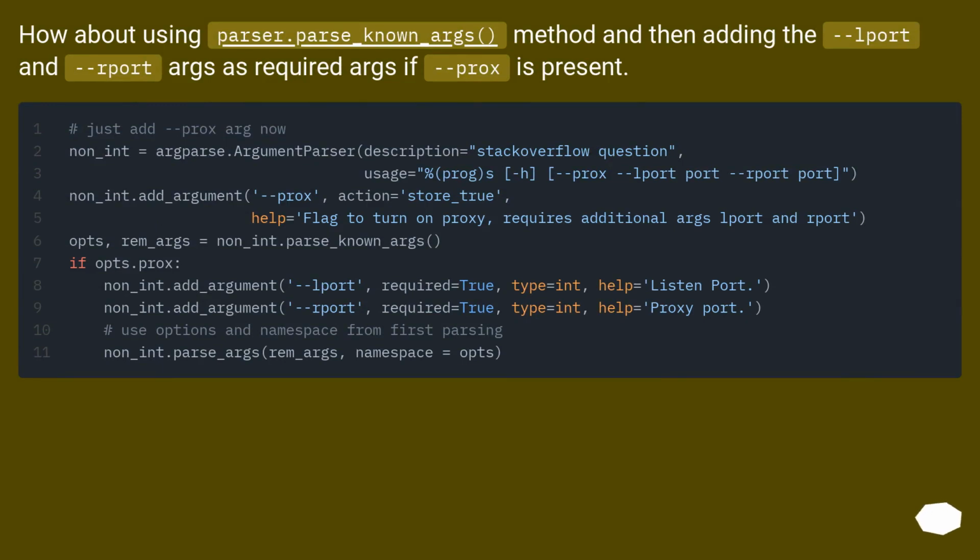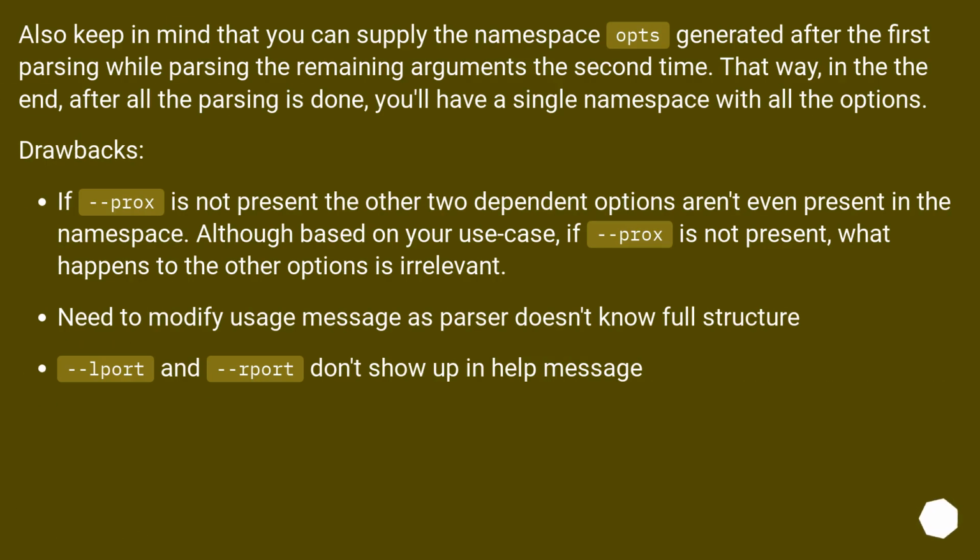How about using the parser.parse_known_args method and then adding the port and report args as required args if prox is present? Also keep in mind that you can supply the namespace object generated after the first parsing while parsing the remaining arguments the second time. That way, in the end, after all the parsing is done, you'll have a single namespace